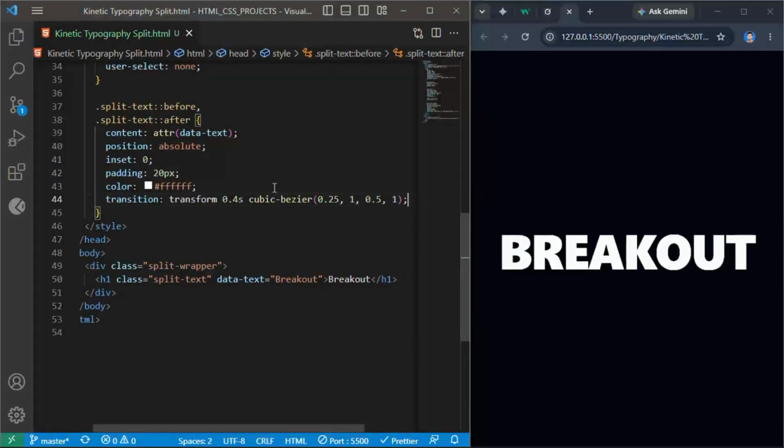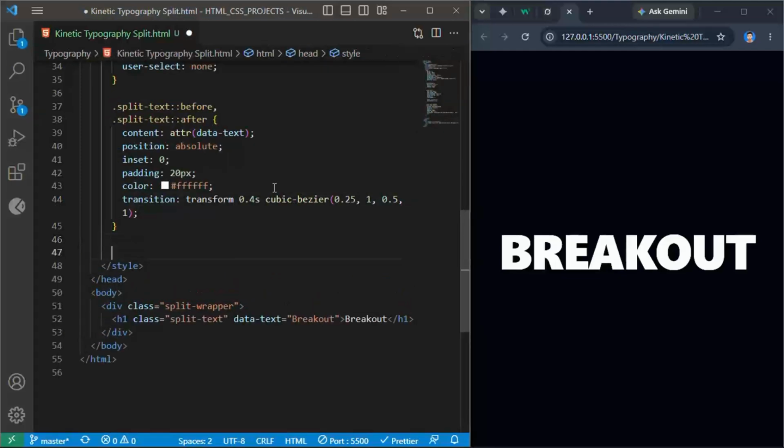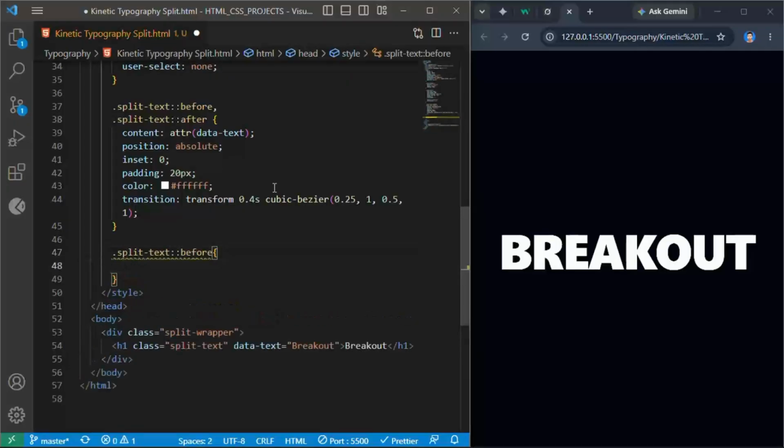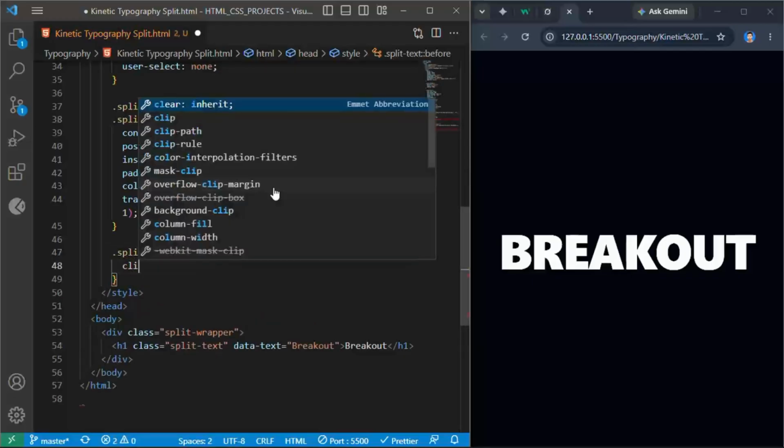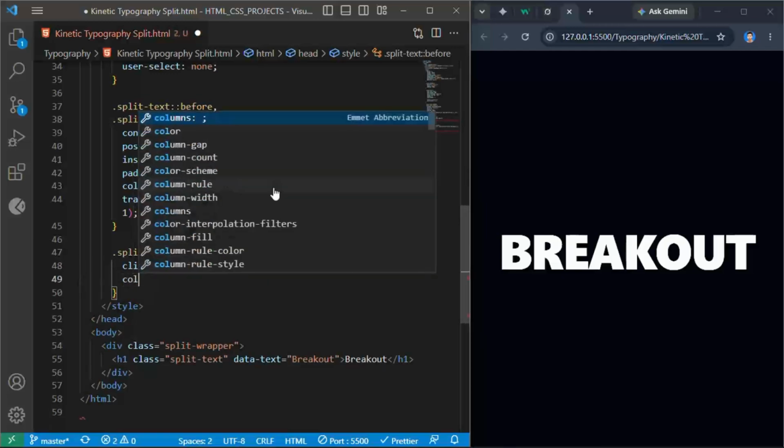Let's engineer the exact middle slice using the CSS clip-path boundary trick. I'll start the top layer configuration by targeting the selector .split-text::before. Inside, I must add clip-path inset 0 0 50% 0. This mathematical formula slices away the bottom half, meaning this layer only displays the top 50% of our text box geometry. To make it distinct, I am going to add an indigo accent layer color using color